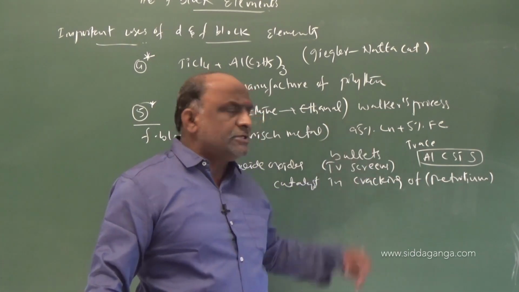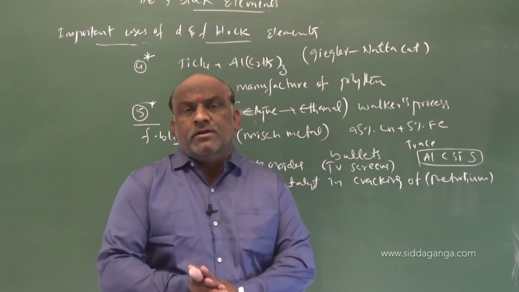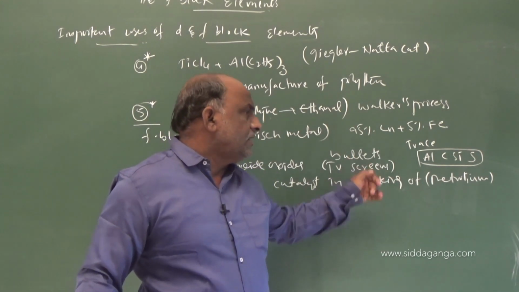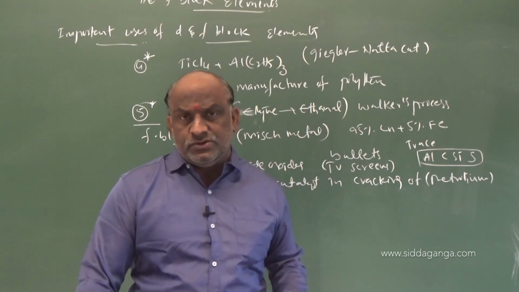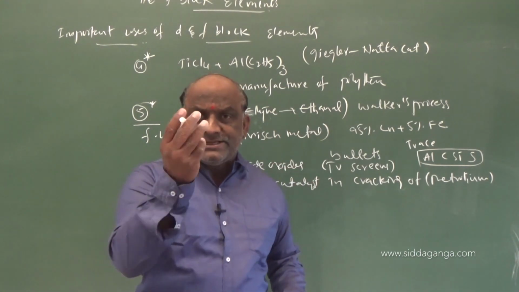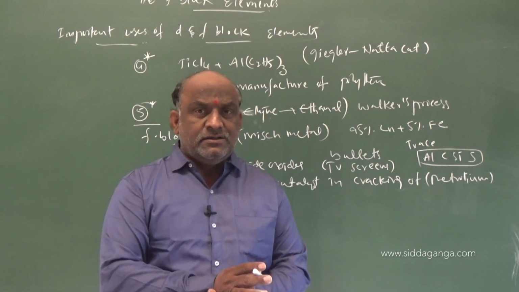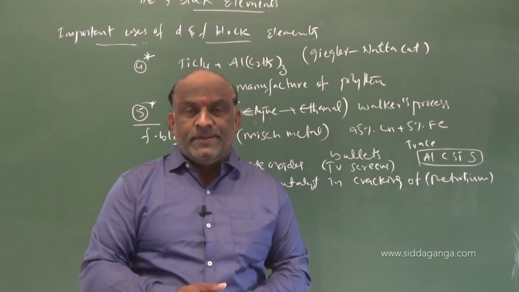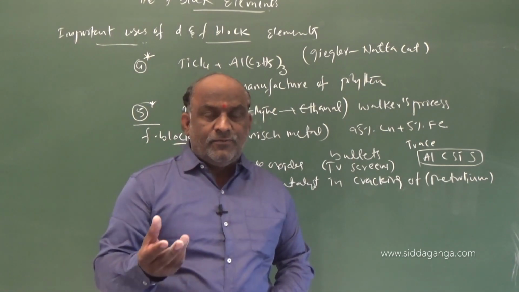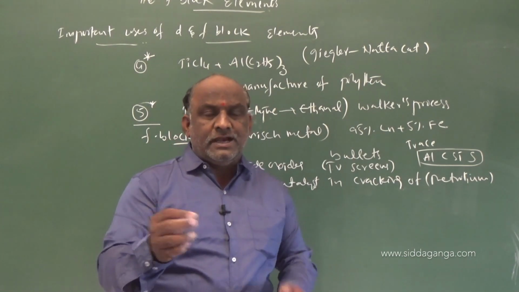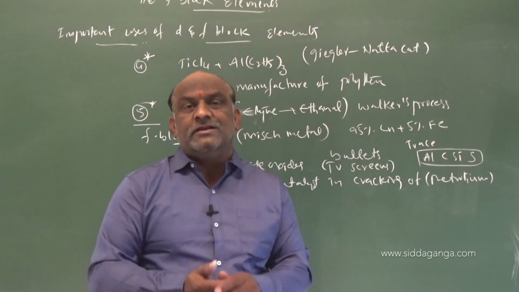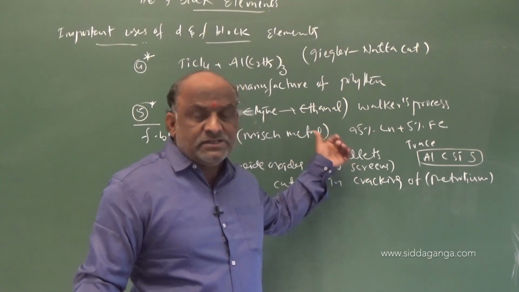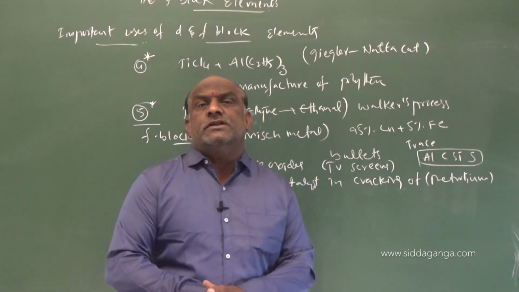And mish metal is one of the alloys. Magnesium based mish metal is used for manufacturing of bullets, and some more lanthanides are used for the preparation of gas light. On a gas light, there will be a white thread, a white colored ribbon. That ribbon is called mantle. That mantle is also prepared from lanthanides only. So these are the important applications.